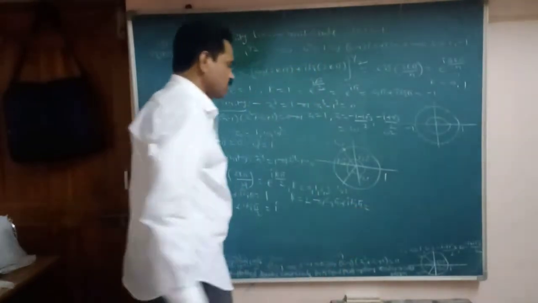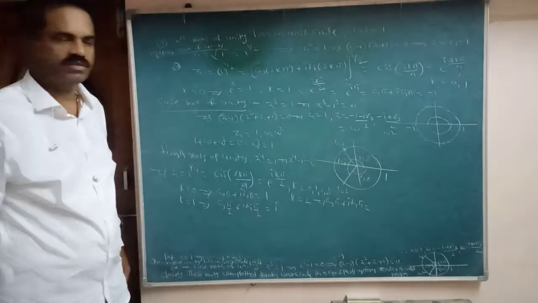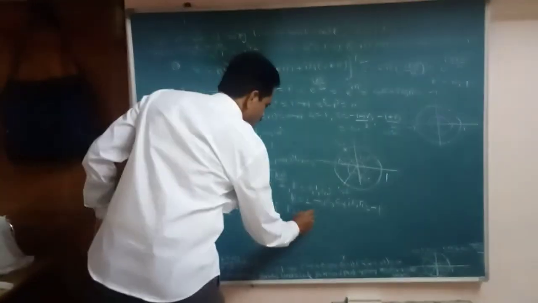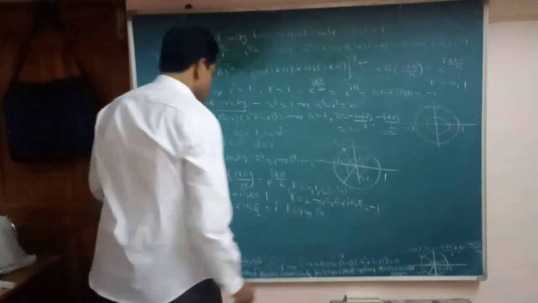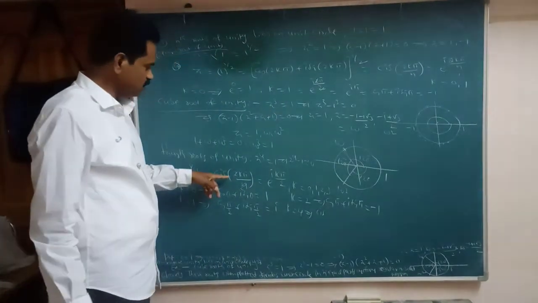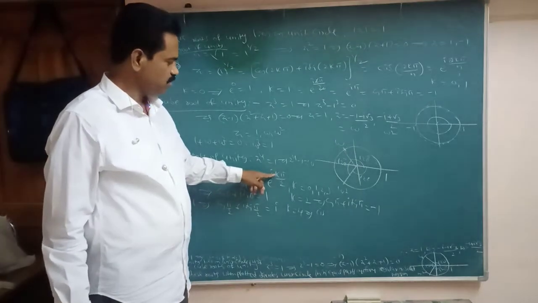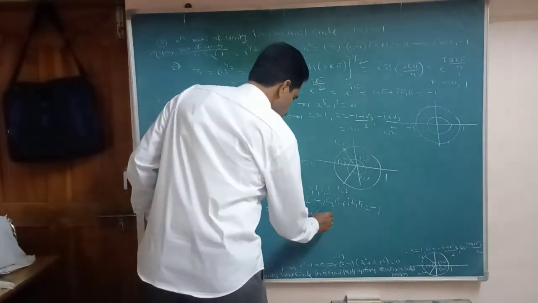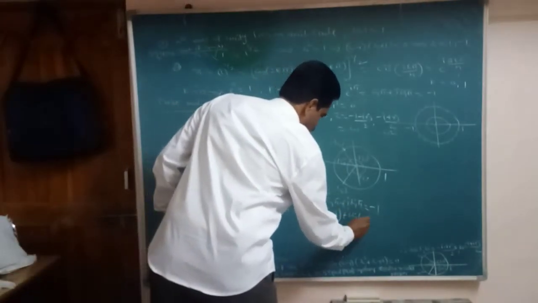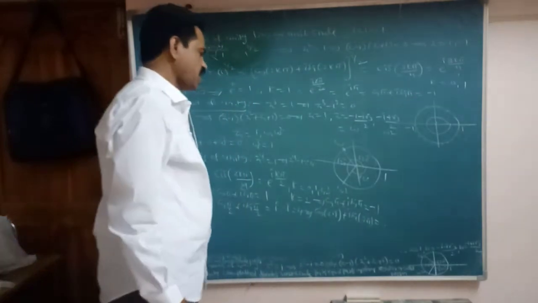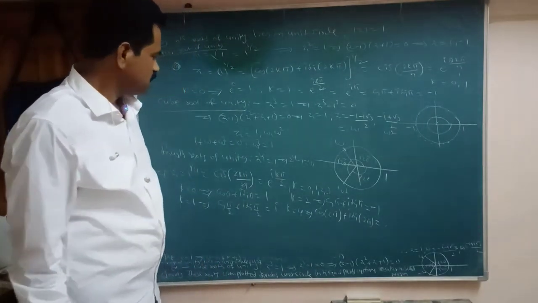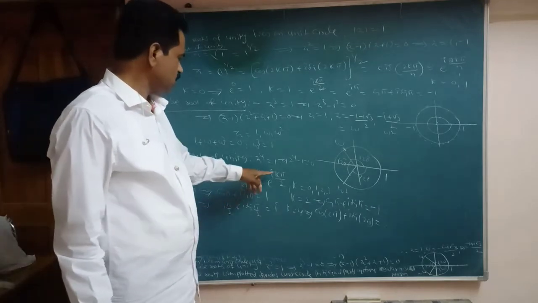You know that sin 180 is 0, cos 180 is minus 1. Next, k equal to 4, substitute here. So it is how much here? Pi by 2. So k equal to 4 substitute here, and how much here? 2 pi. Cos 2 pi, that is cos of 2 pi plus I sin of 2 pi. Here sin 2 pi, it is how much here? 0.